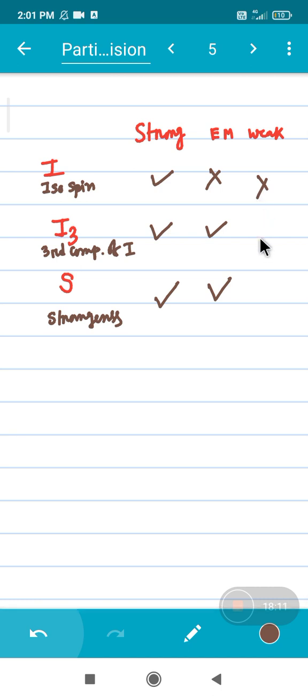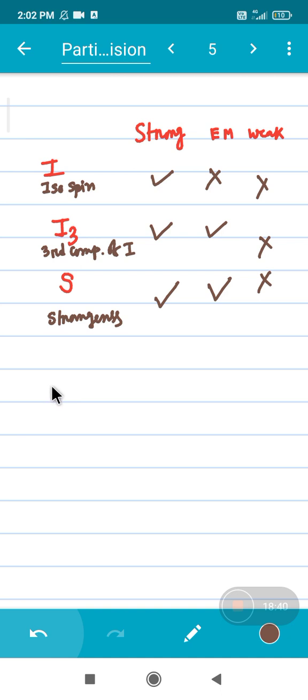For weak, three of those won't be conserved. So depending on the conservation of I3 and S, you can understand the nature of the interaction, whether it is strong or EM or weak interaction. Okay,